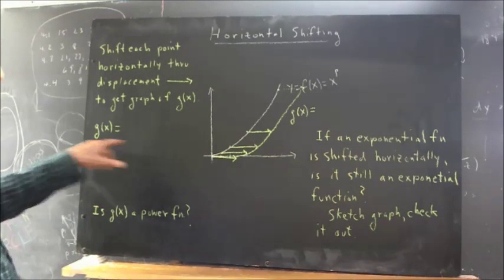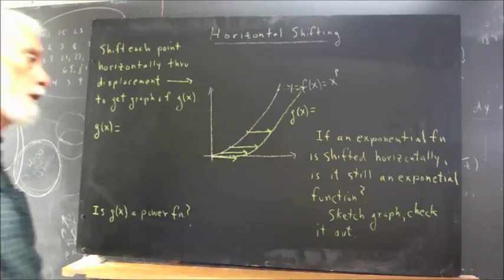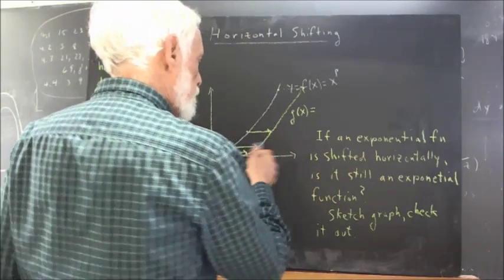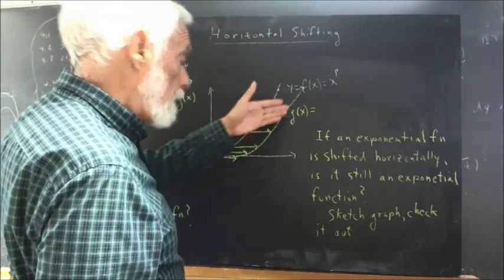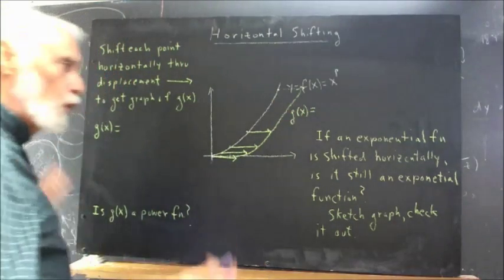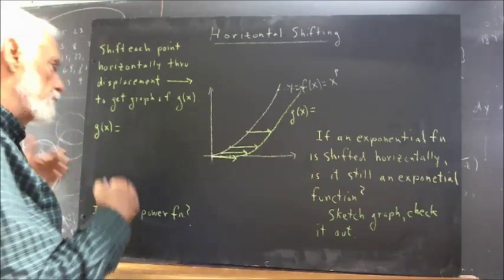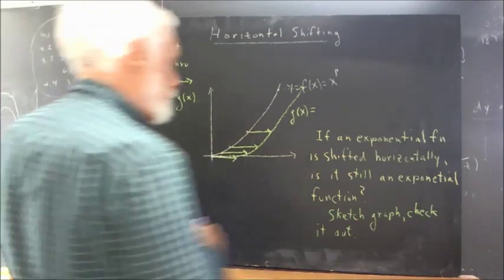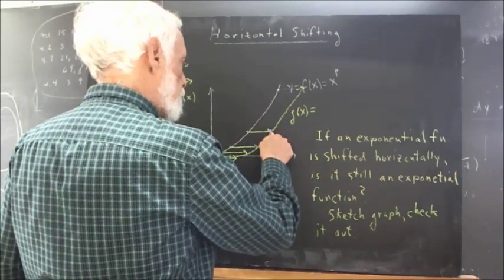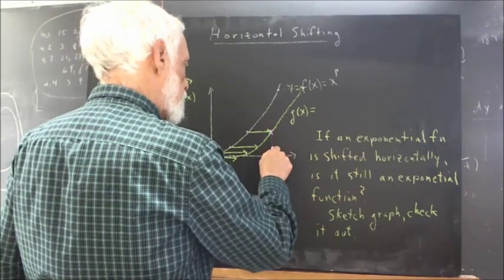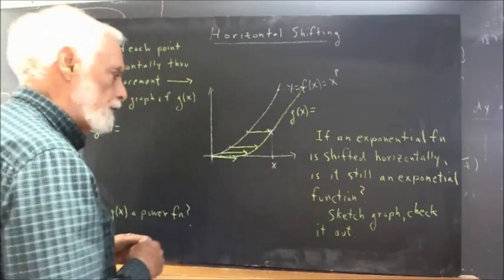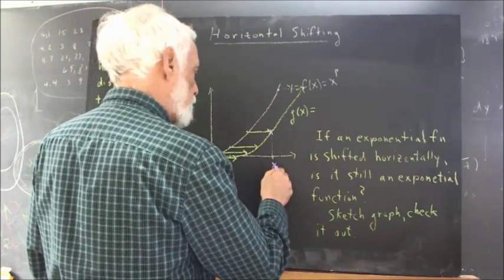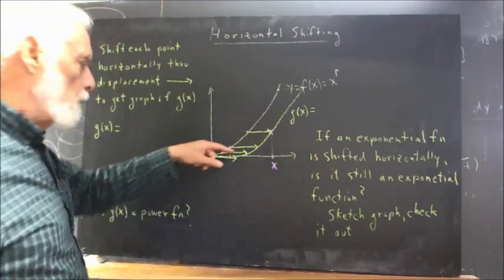Now to get the equation for g of x, we ask: if x is some value, then what formula gives us the value for g of x? So I'm going to pick this point on the g of x graph, which corresponds to this value of x here. Now this could be any point on the g of x graph, but I've picked one of the points that